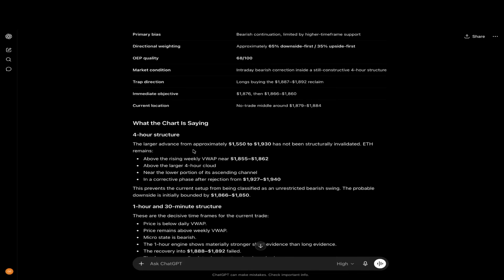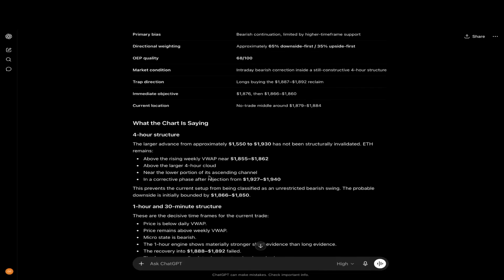So what the chart is saying, the 4 hour structure: the larger advance from approximately 1550 to $1,930 has not been structurally invalidated. We could potentially go to 1930. ETH remains above the rising weekly VWAP near $1,855 through $1,862. This is the weekly fair value of Ethereum. Above the larger 4 hour cloud, this is just telling you where ETH remains. So it's above